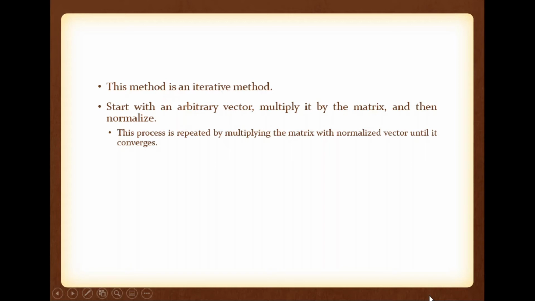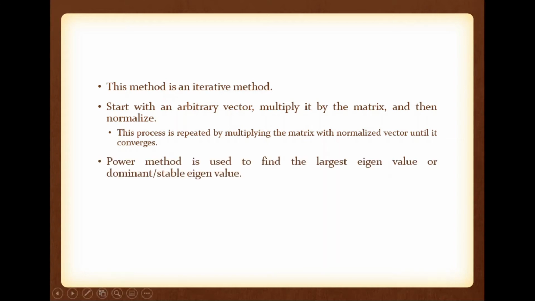Please note this process is actually used to find the largest eigenvalue of the matrix. This power method is used to find the largest eigenvalue. Largest eigenvalue means largest distinctive real eigenvalue. For that purpose, power method is used. We can't find the complex eigenvalue. We can't find the repeated eigenvalue. We can't find the eigenvalue with opposite sign. That one is the disadvantage of power method.